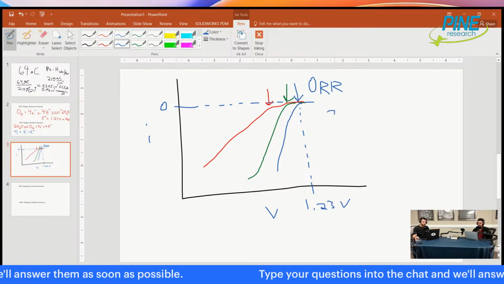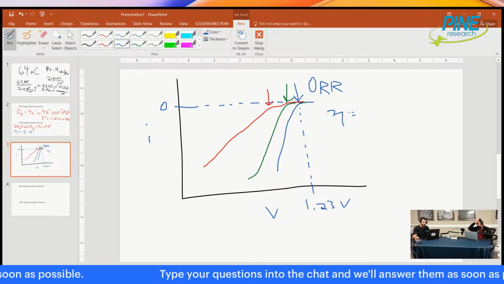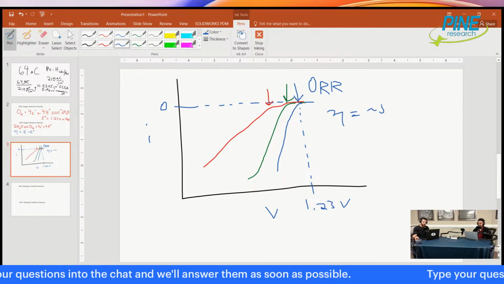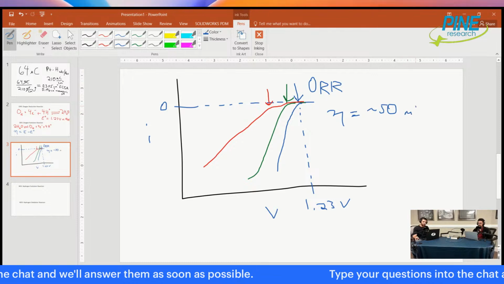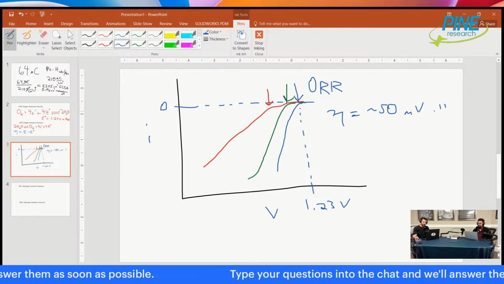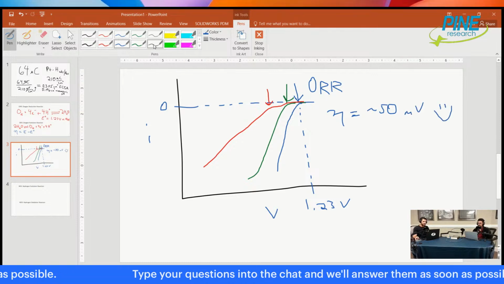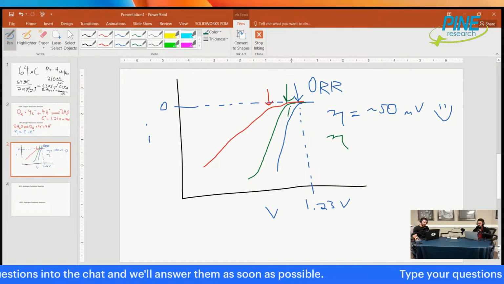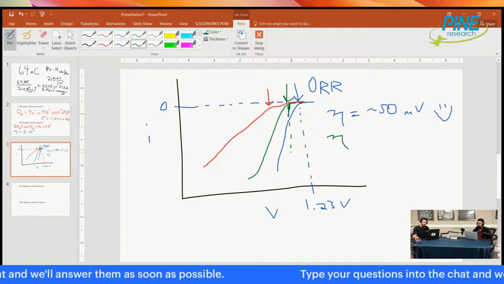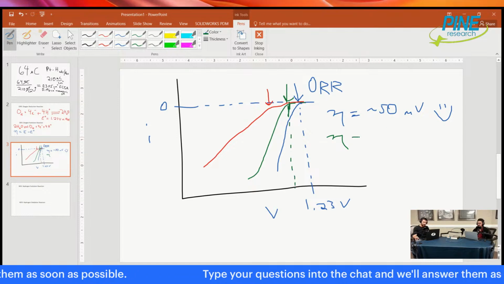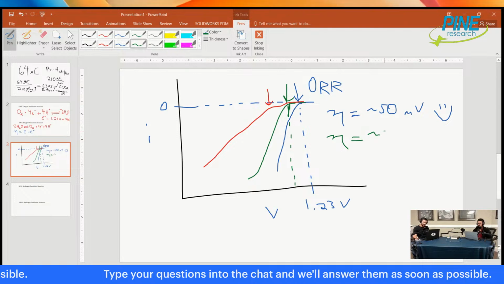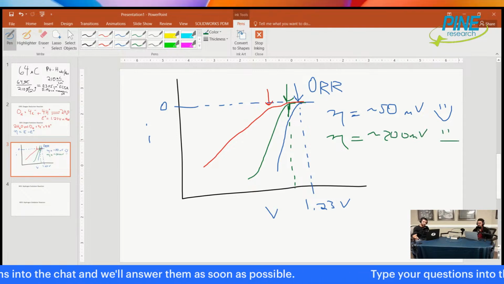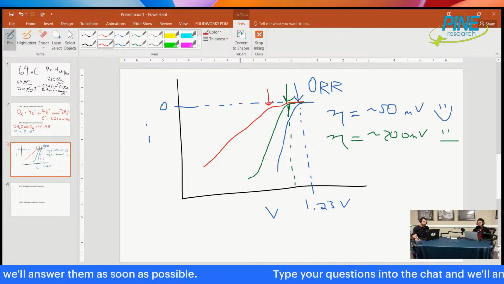And so, for example, this blue overpotential looks like it's very, very small. Let's say this is like 50 millivolts. It's excellent. It's a great catalyst, right? And then the green one, where it dips down, this point right here, let's say that is an overpotential of like 200 millivolts. And it's like, okay, it's all right. Maybe it's fair, right? And then the red one